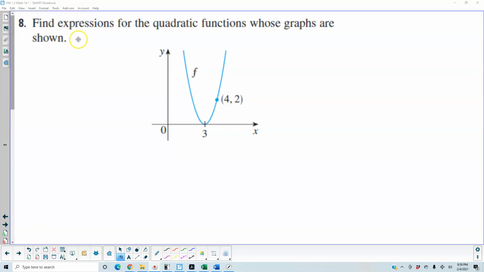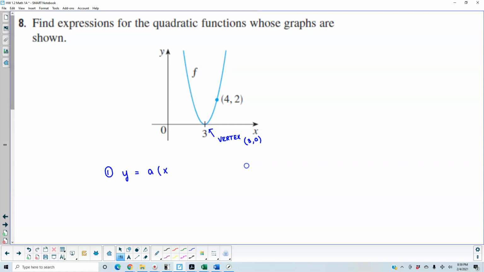Part A, we want to find expressions for the quadratic functions whose graphs are shown. Here is the first graph. The first graph we can see has a vertex, and this vertex is located at the point 3, 0. And since it's a parabola with a vertex, then we can use the formula y is equal to